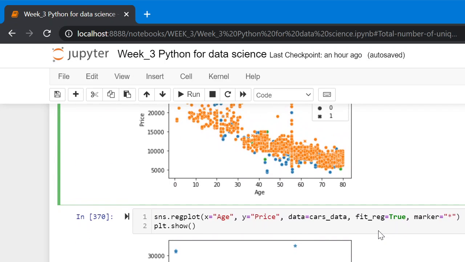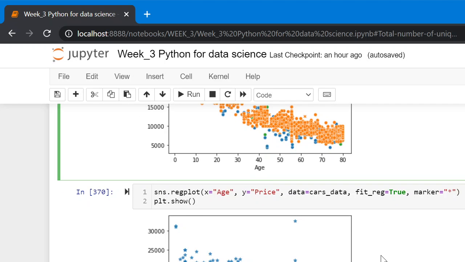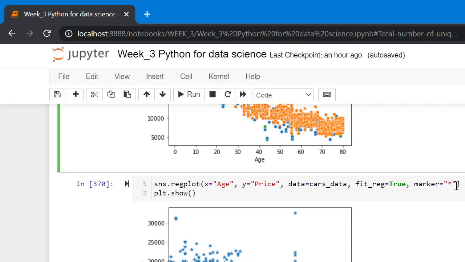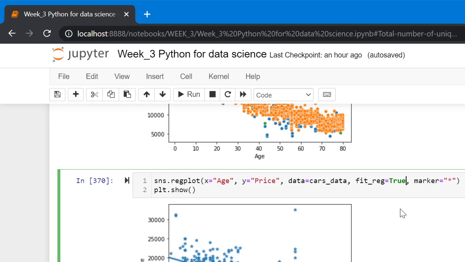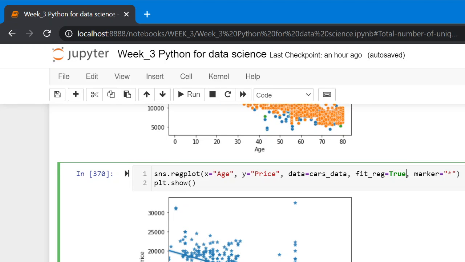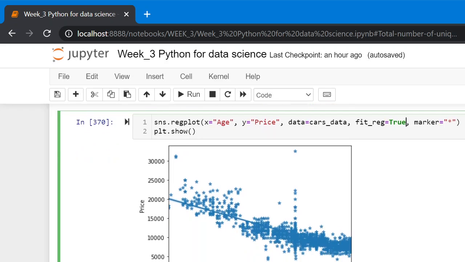We can also create a reg plot to see the relation between the two variables. Here we have an argument called fit_reg. We can assign two values to see the regression line in the plot.